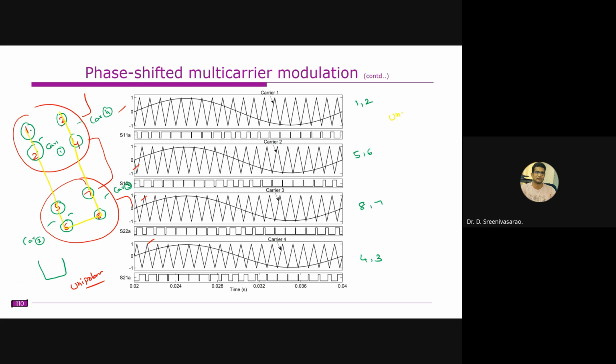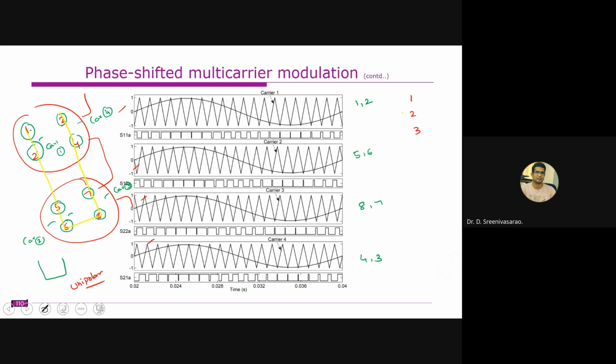So this 1 and 2 will be for carrier 1, 5 and 6 for carrier 2, 8 and 7 for carrier 3, and 4 and 2 for carrier 4. Similarly, if you have the flying capacitor multi-level inverter, as we discussed, we have top